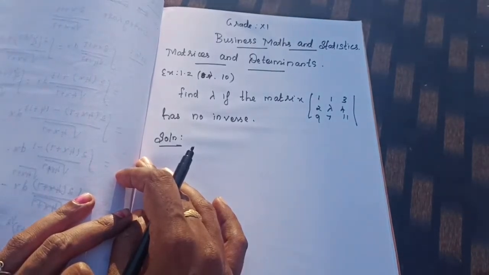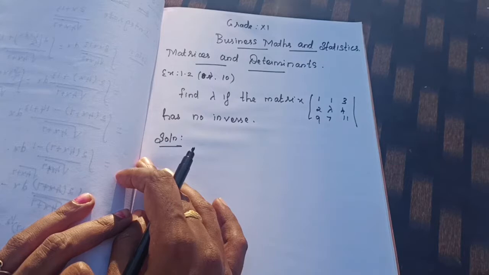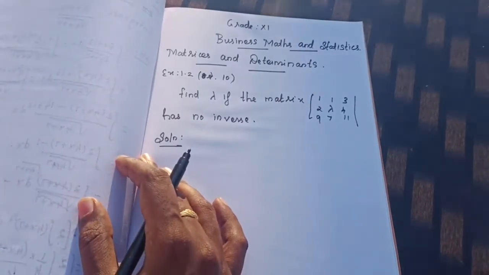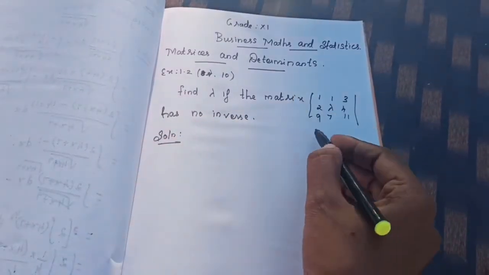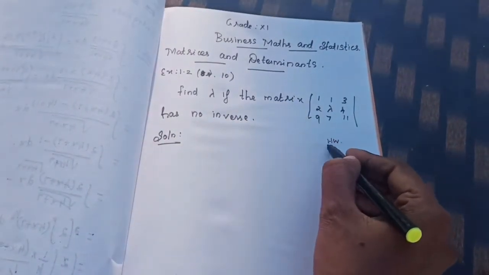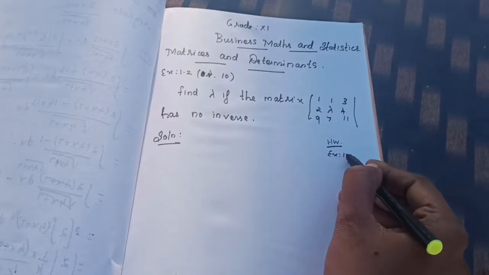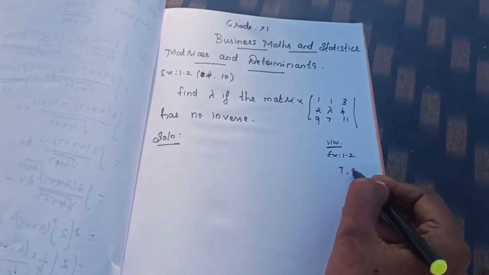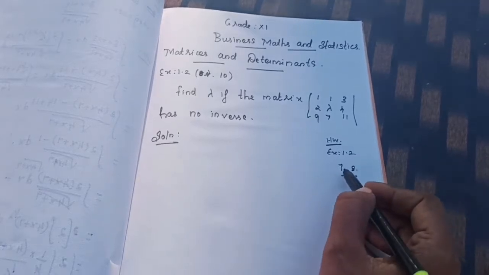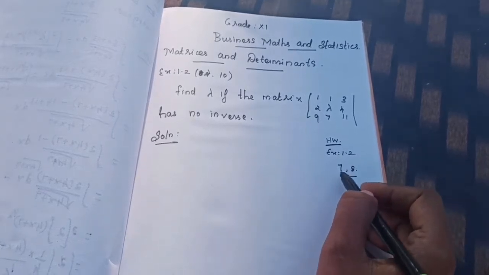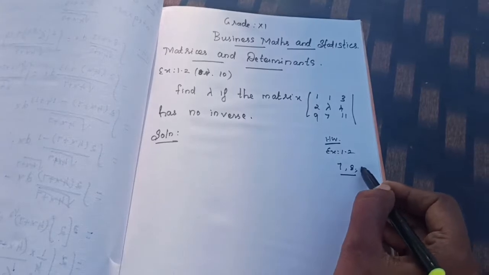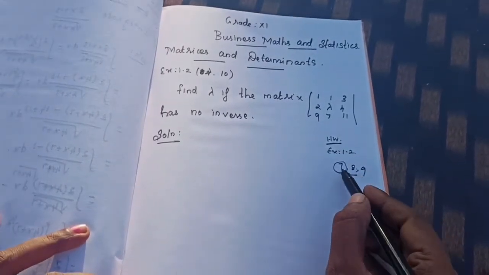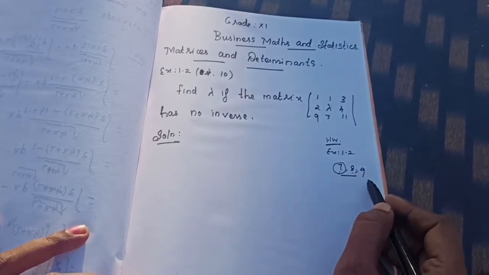In exercise 1.2 we have completed 7 problems. Problem numbers 8 and 9 are homework for you. I gave the home assignment first itself: exercise 1.2, problems 8 and 9. I already gave 7, so those who have not completed it, complete it. Then 8 and 9 are also homework. I hope you all completed the 7th question. Those who completed 8 and 9, you can do.